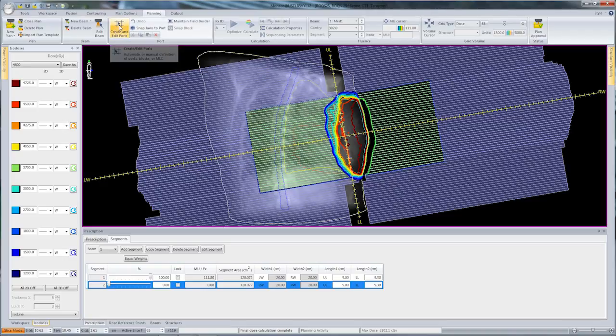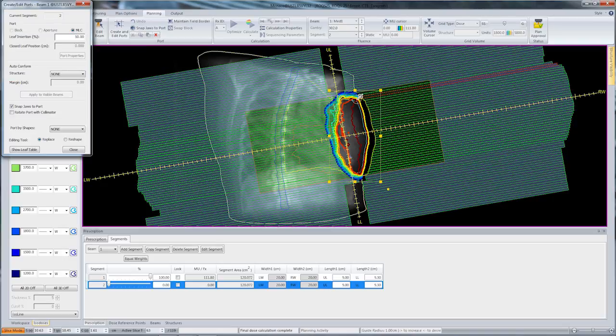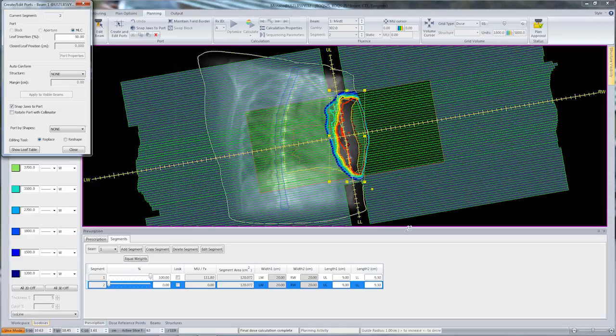I'll go ahead and create and edit ports, which gives me the ability to edit that shape. Okay, so I'm going to go ahead and create a different shaped segment here just by eliminating the high dose area. And the MLCs will go ahead and snap to that area. Okay, so now that we have the segment created, we just have to give it some weight,